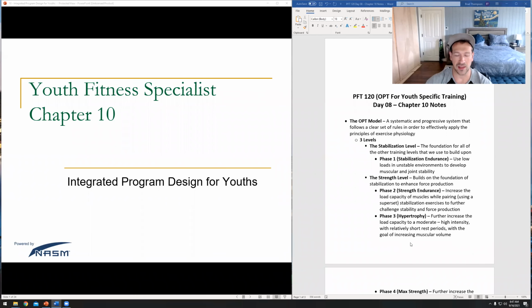All right, so we've got the final day of our program design lessons here. This is really going to be taking everything that we've talked about until now and putting it together. We built the different sections: the core balance reactive section, the movement prep, the SAQ section, the warm up, and then resistance. But we haven't broken it down into individual phases, and we haven't really talked about